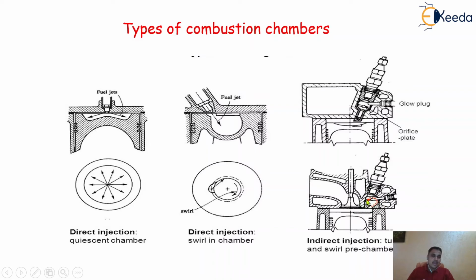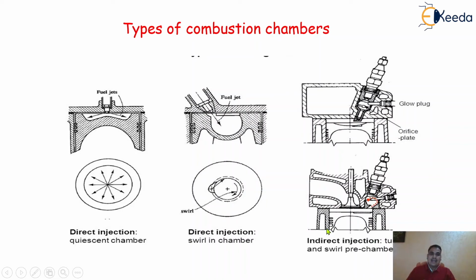If you see in this other diagram, this injector is there, and the combustion space is divided in this cylinder head. This upper portion is called the cylinder head, and this is the actual cylinder. So the combustion chamber is divided into two parts, one in the cylinder head and another in the cylinder. Combustion starts to take place in this section and again in this cylinder section also. So it is divided into two parts, one in the cylinder head and one in the cylinder. That's why it is called the indirect injection system or indirect type of combustion chamber.